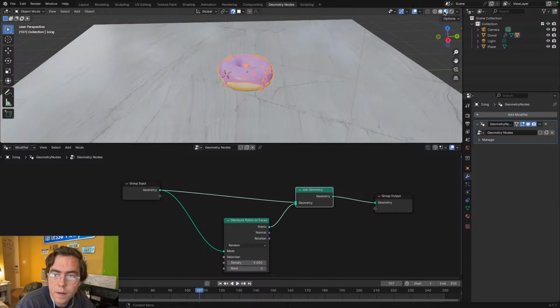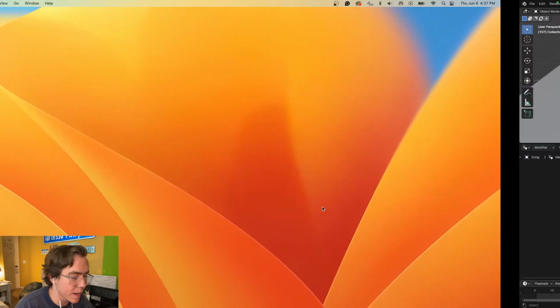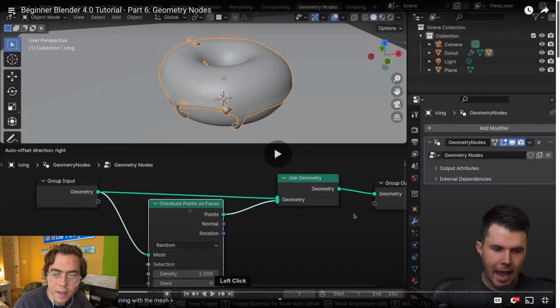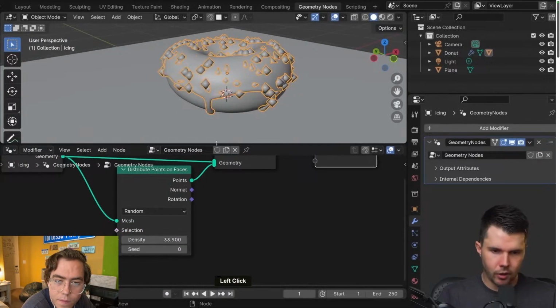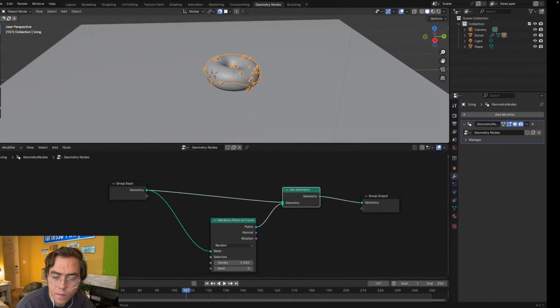There it is. Our icing is back officially. And we have our points being combined together and then put into our output. Okay, very cool, awesome. All right, so if we were to give this a render right now, you would actually